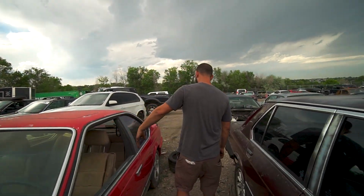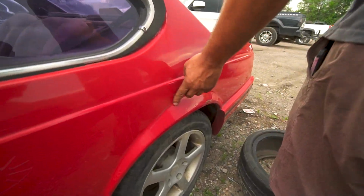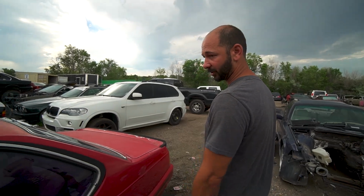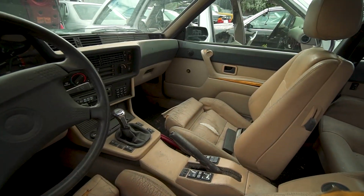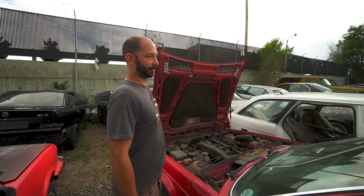It's fairly clean. It does have some Bondo cracking in here. And the window was down for 7 years, so the interior is a little tired, but it's not. It's pretty tired. I mean, not a whole lot more than any other 80s BMW. It's not wild,